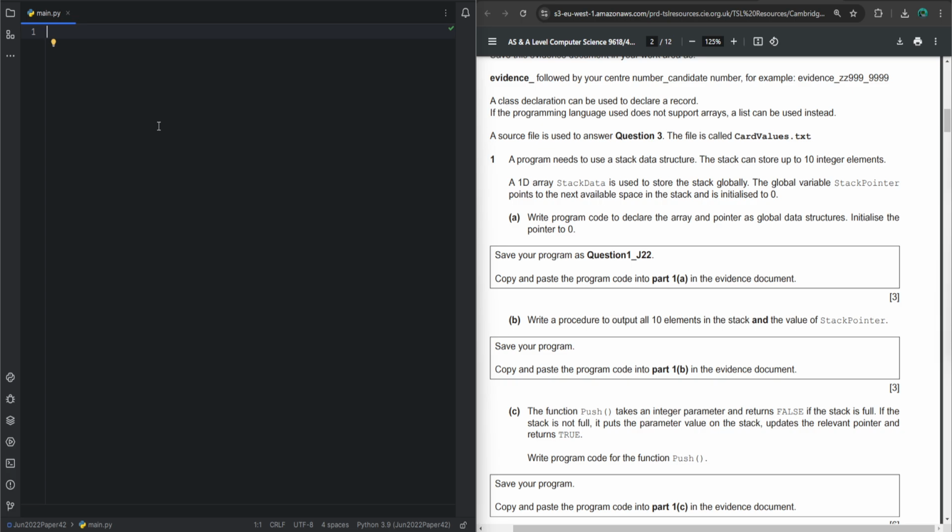So I am coming into this with the benefit of having done it and having seen the mark scheme, but I'm going to show you the way that I went through it in the first place, because I achieved 100% on the mark scheme, but I did also think of a slightly better way of doing things after I had finished. So we're going to do this question 1, and it says a program needs to use a stack